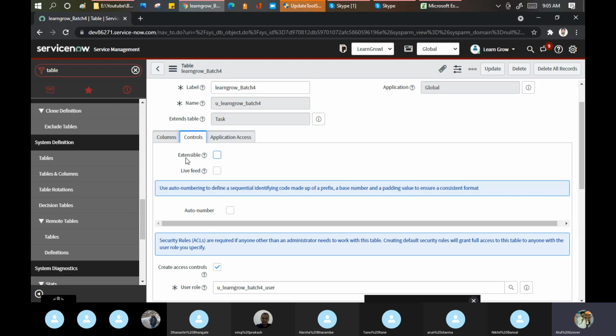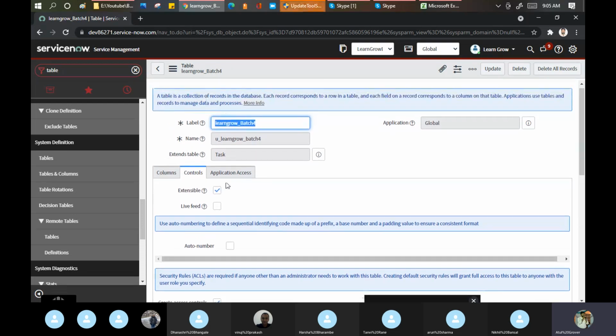That is called extensible. If you tick, only then can someone extend this table. But if you untick, it means no one can extend this table. Very simple logic. I don't want my training document to go out without my confirmation. That is non-extensible. Simple. If you tick, you will be able to find it in the extended one. If you don't tick, you will not be able to find it in the extended table.